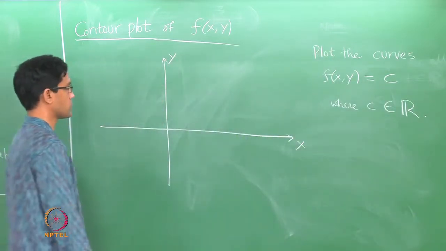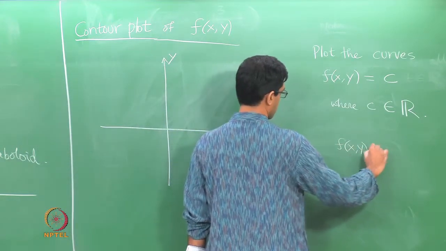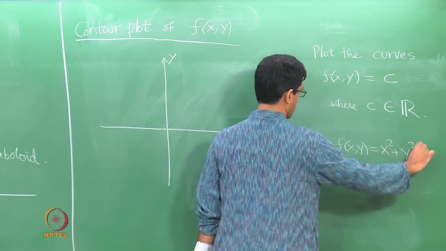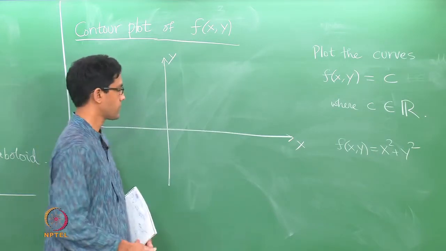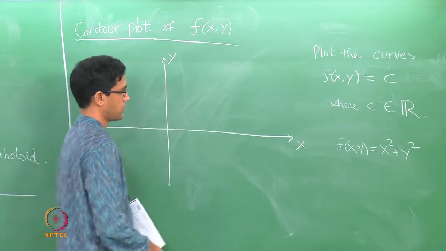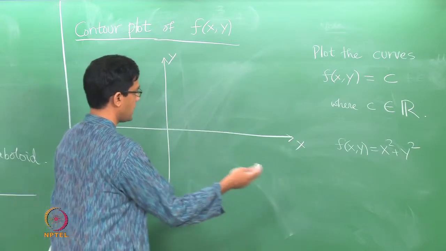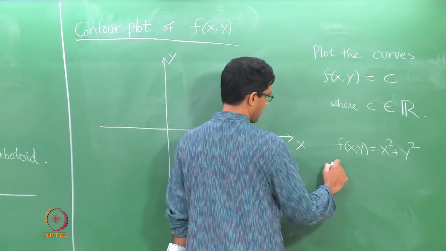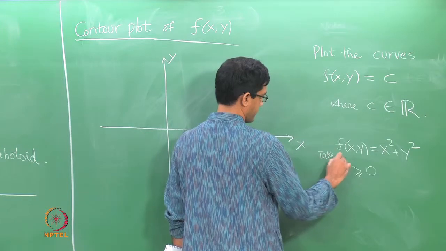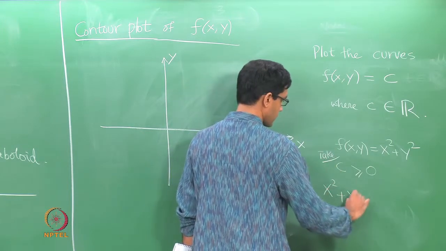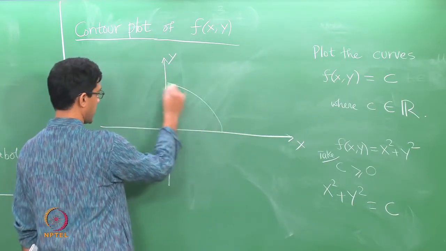Okay. So, let us look at what this would have meant in the example that we just wrote out. If I take the function f of x y equals x squared plus y squared, notice that being a sum of two squares, the value of this function is always positive or 0 or higher, and if you take pretty much any constant c, the curve f of x y equals c is just the curve. So, let us take c, it is enough to take c to be a positive constant, and the curve x squared plus y squared equals c is just a circle of radius square root of c.